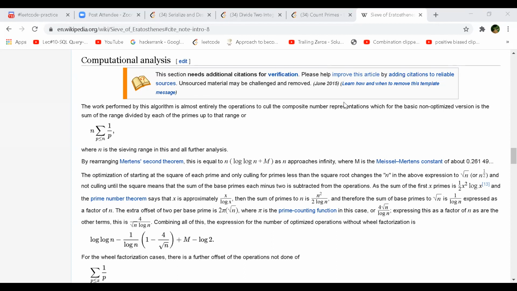Yeah, but this is a very interesting one, and you will keep getting this prime problem, as well as count of primes, as well as divide two integers. These are all, I think, serialize and deserialize as well, right? These are the three very common problems which are asked many times, most of the time. And if we have not done them, we need to do all of this very well.